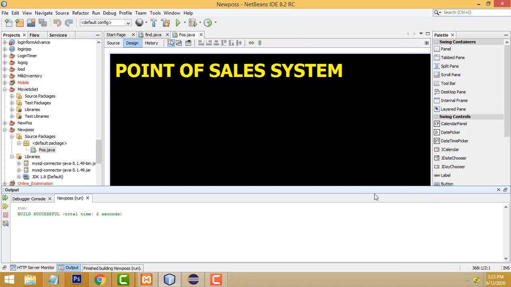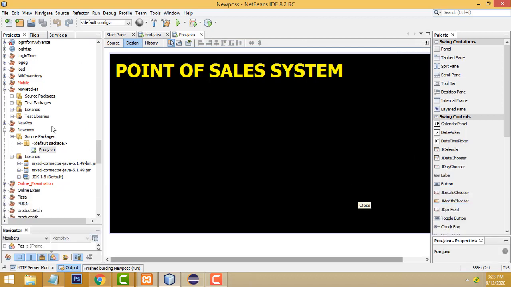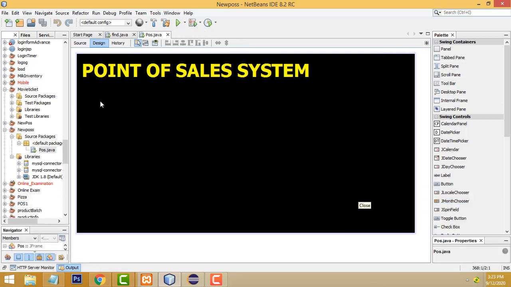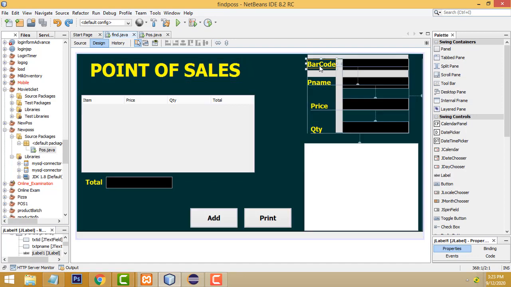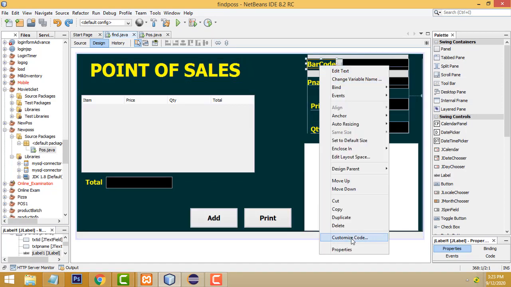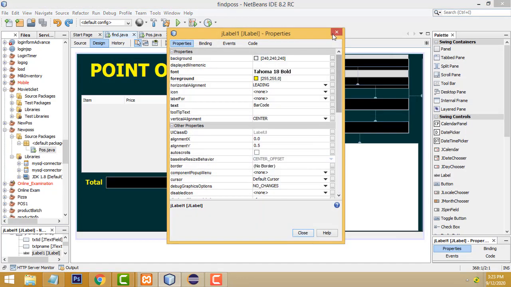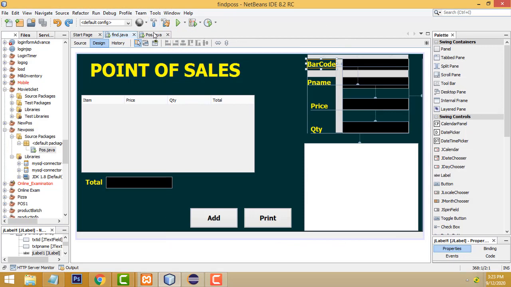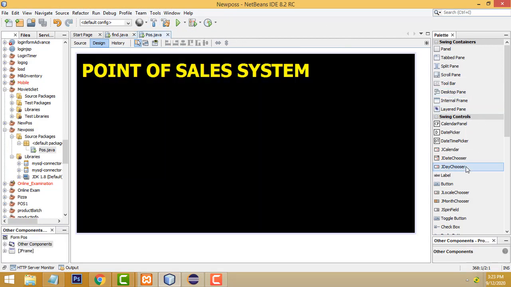So, okay, now I have to design the remaining stuff. First what I'm going to do is drag this one. Okay, so what is the font size I have used? For 18, so let's make it 18, this one.